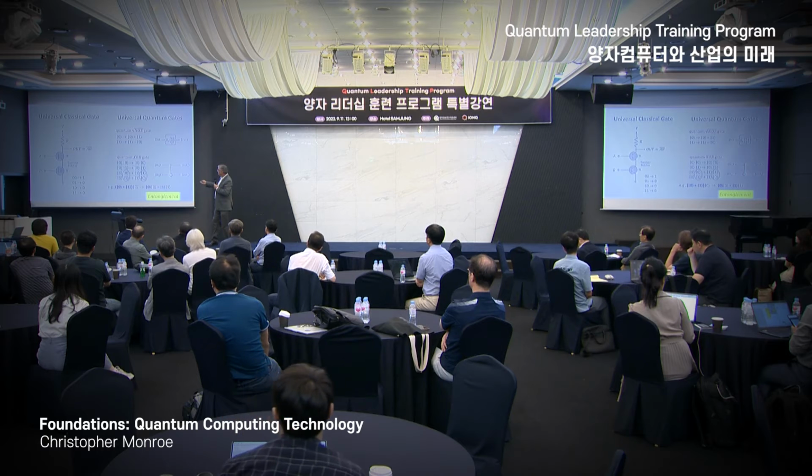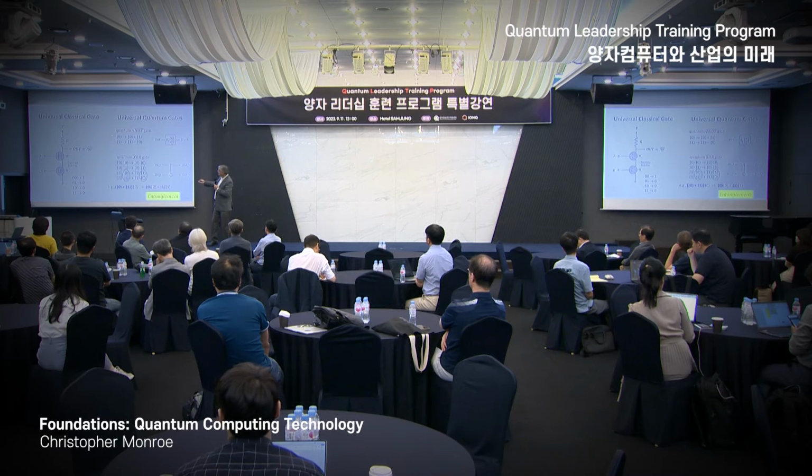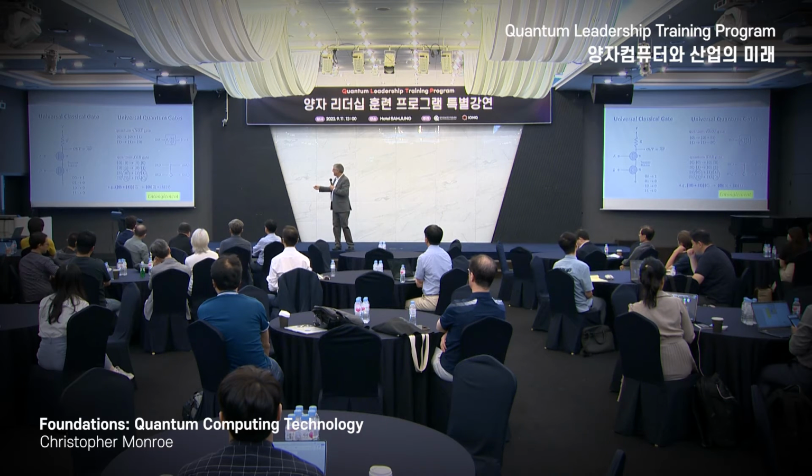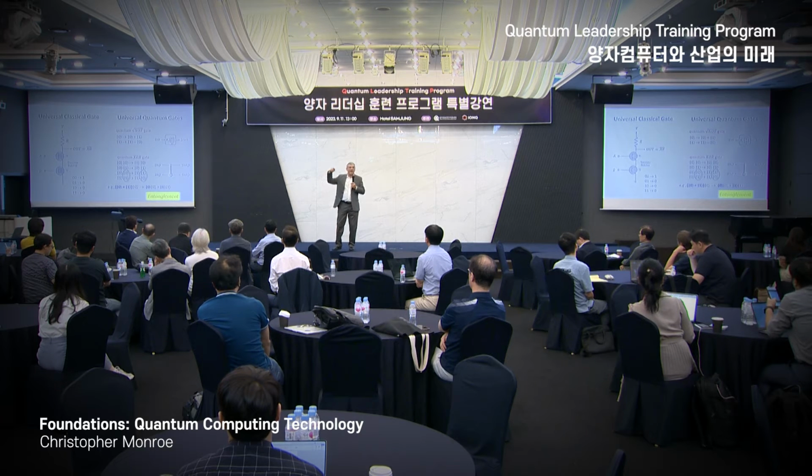But the minus signs are important because if you do the same operation twice, you can see that 0 goes to 1, and 1 goes to 0. So that operation must be the square root of NOT. It's one of a family of single qubit gates that we use. The general ones are called rotation gates. You can rotate between 0 and 1 any weight you want, and that's going to be an interesting and useful